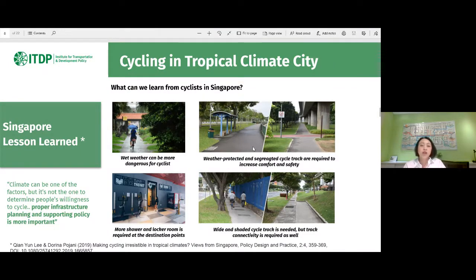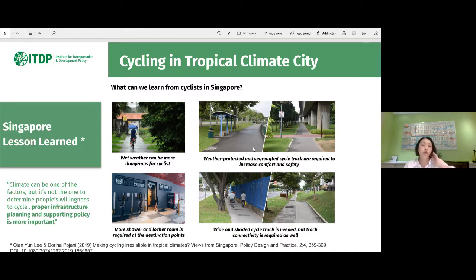It's actually the wet weather or the rainy season, because it's very dangerous for cyclists as motorized drivers couldn't see them, and they also have to bring an umbrella while riding. So for them, the hot weather is not the problem.